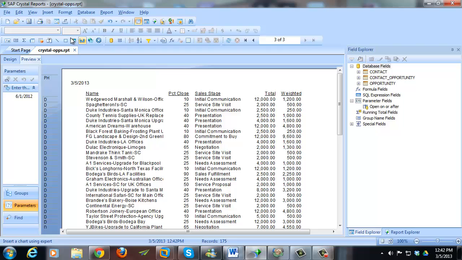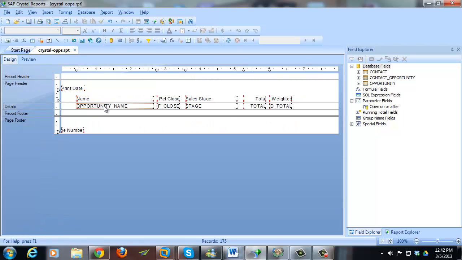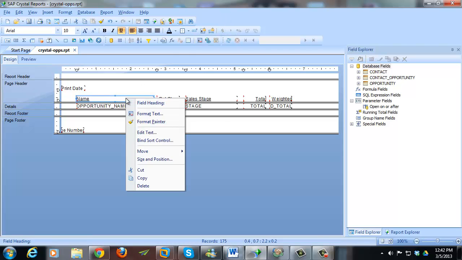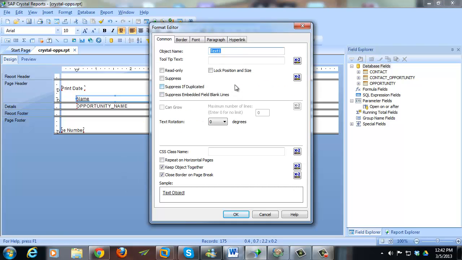All right, the formatting is pretty straightforward. If I go over to the Design tab, I can change things like the font, whether it's bold, italicized or not. Basically, if you can use a word processor, you can edit most of the fonts inside of Crystal Reports. We can change the borders up a bit. There are some drop-down controls here, but if you actually go find something, right-click on it, and go to Format Text, or format whatever the kind of box is, it's going to give you a lot more control over the